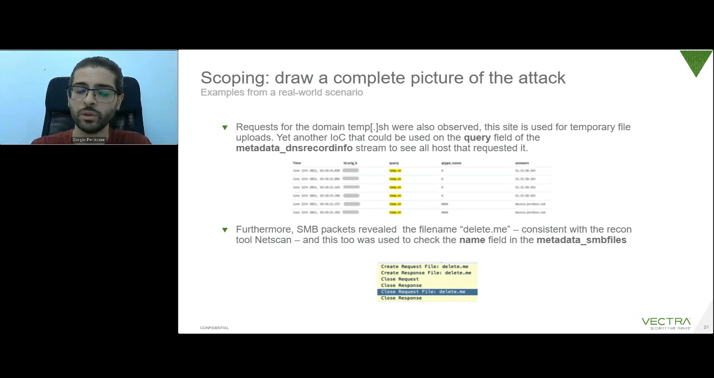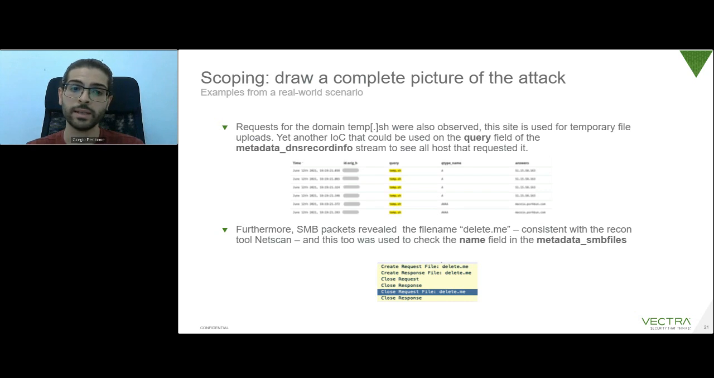looking for the query field of those DNS requests, we searched for any host that ran a DNS query for that specific domain. So again, any host that used a DNS query to look for that domain was considered compromised from that time on. One last example, again, downloading a pcap file from one of our detections,